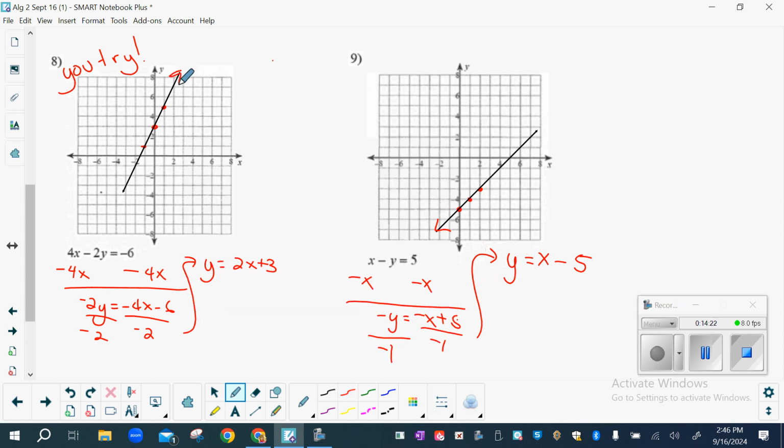Okay, your equation should be y equals 2x plus 3, and your graph should look like that. Any